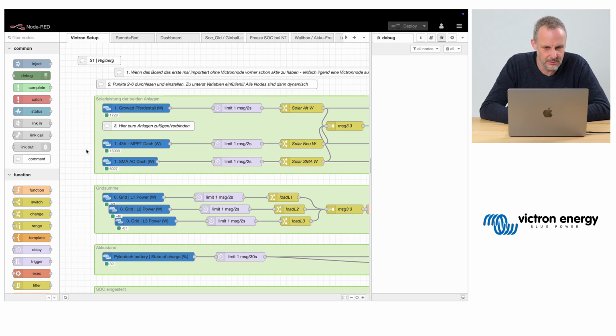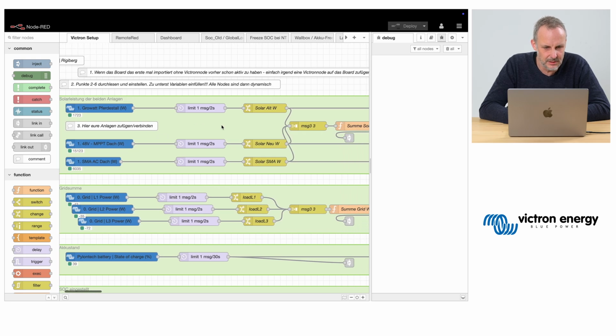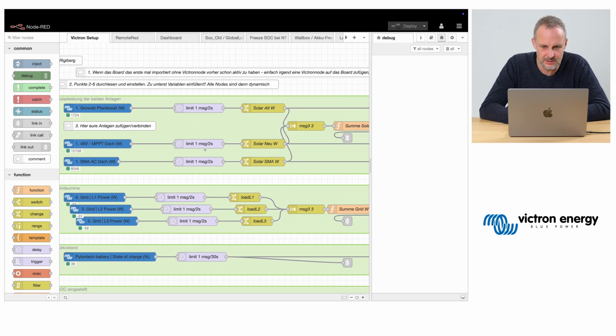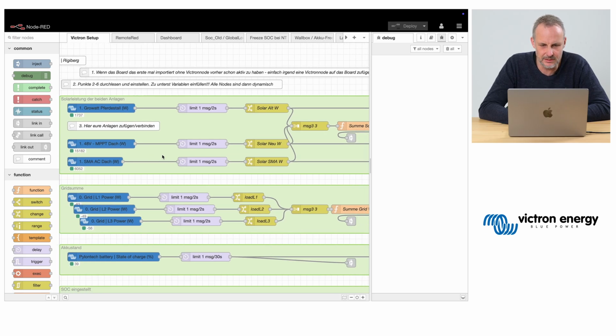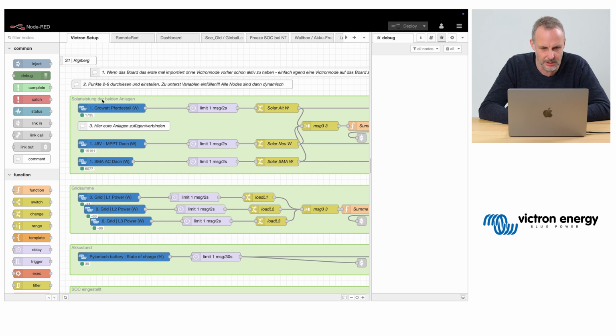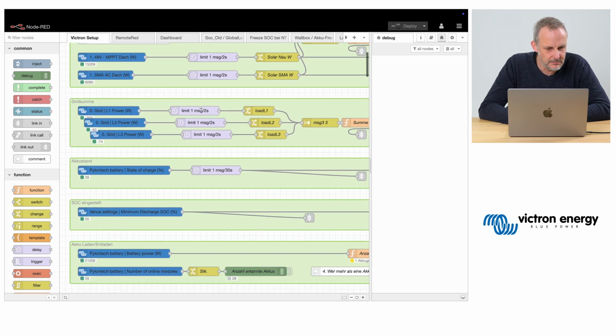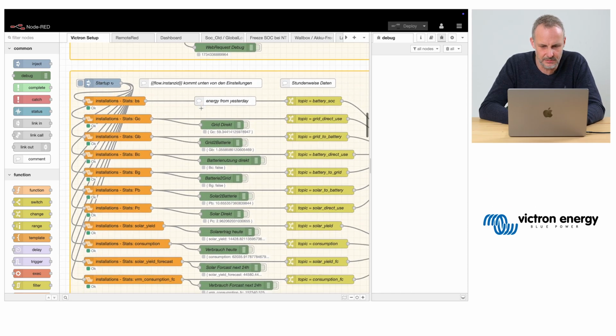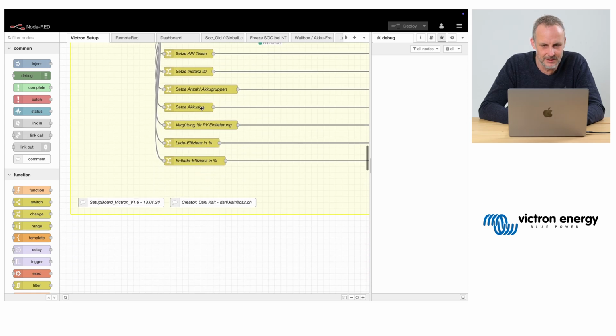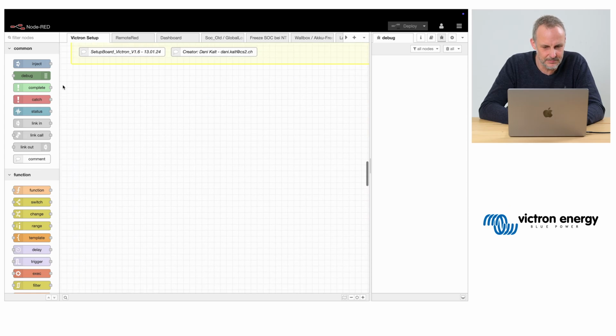You also see a lot of comments here, and some things are grouped together, which is a neat way to have certain functions grouped, making it easier to check your flow. I can show you how to group stuff. Oh, this is a really large flow, but I can just show you how you would group things together.